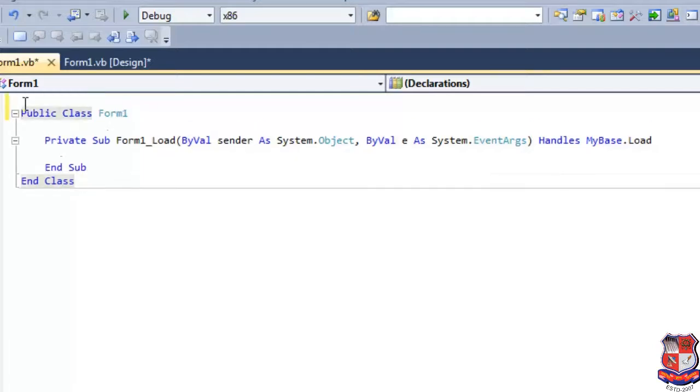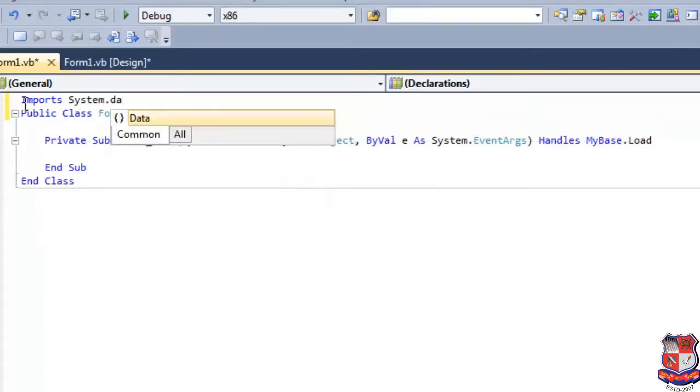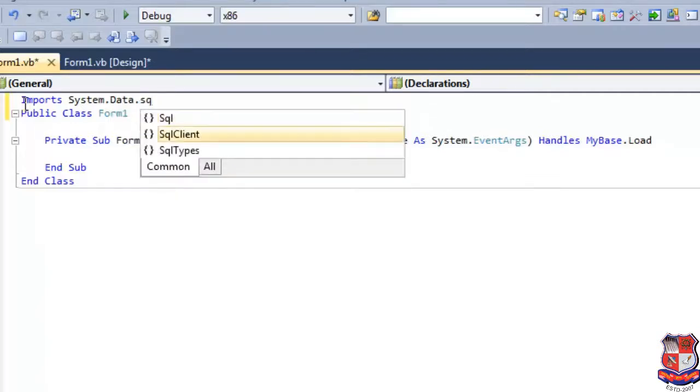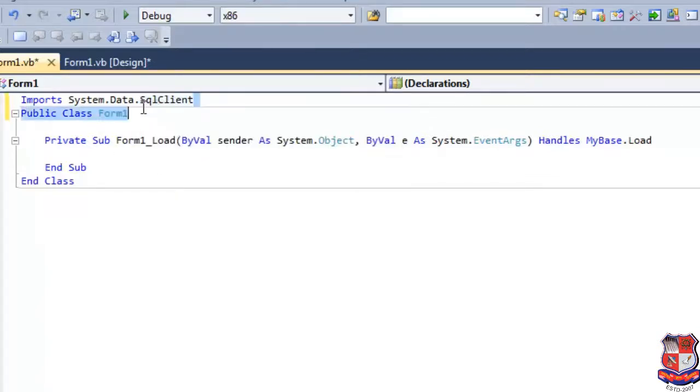To include the namespace, simply write Imports System.Data.SqlClient. SqlClient is the namespace of SQL Server. We write SqlClient because we are using a SQL Server database. If I use an Oracle database, at that time I will use the Oracle namespace. Right now I am using SQL Server, so I write SqlClient.